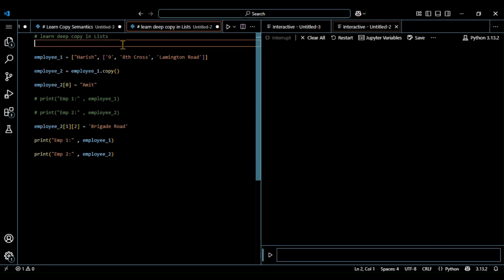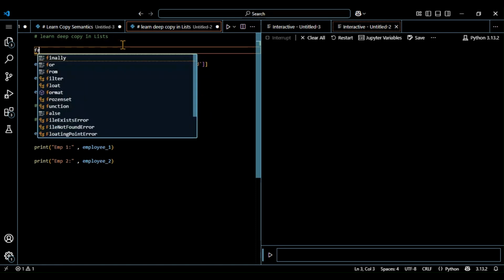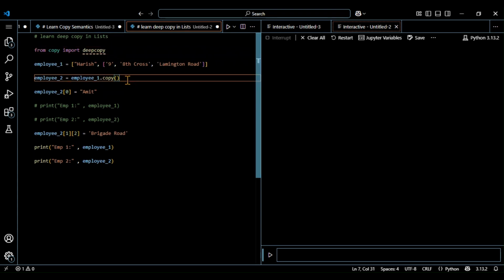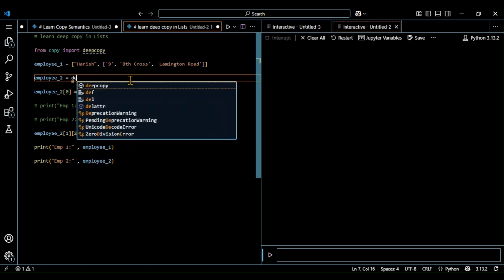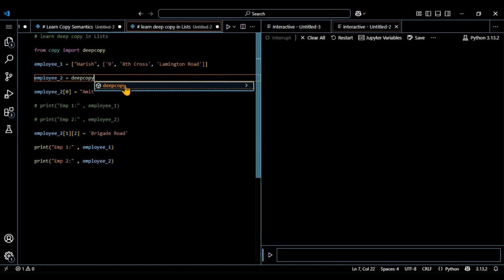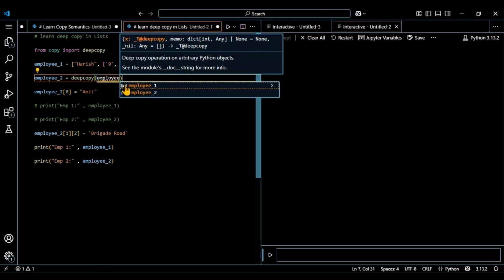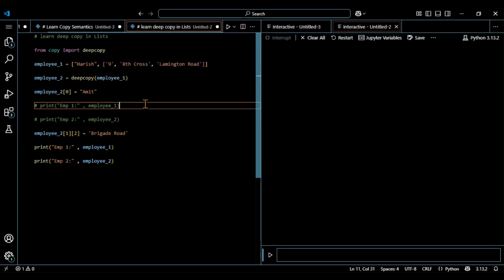Okay, so we will write here from copy import deepcopy, and we will call this deepcopy, and then we will pass in employee_1. Okay, so let's quickly run this,